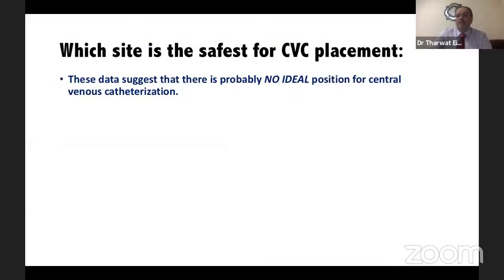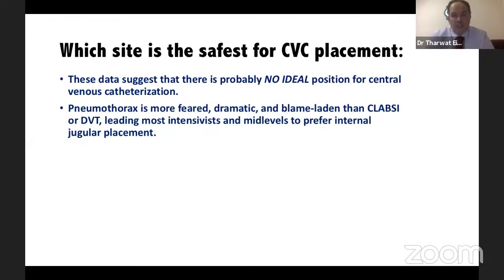So which site is safest for CVC placement, or what is the ideal site for CVC placement? Based on the evidence, there is no ideal position for central venous catheter, and you have to tailor the indication at the bedside, case by case. No one size fits all here. So no ideal position for central venous catheterization, and most of the intensivists and junior doctors prefer the